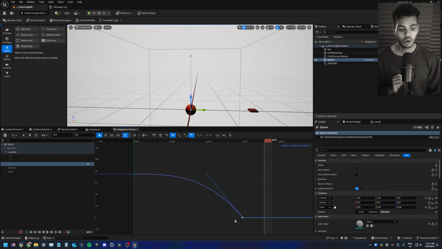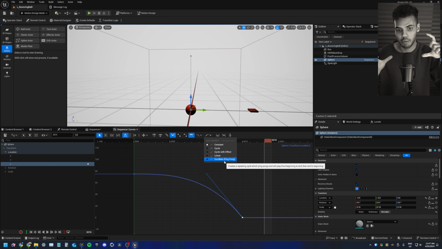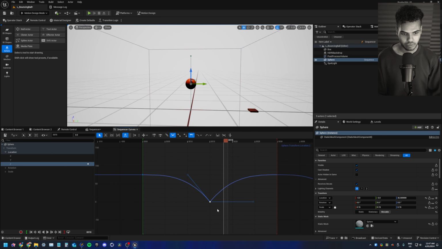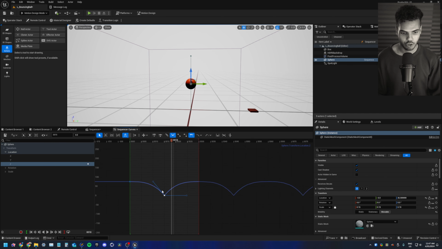So pretty much, what do we do after the last key? Do we do nothing? Do we make it keep going down? What we want to do is actually oscillate it, so ping pong. You could also do a cycle, but because we've only done half of the animation, we now want it to almost reverse it back. So that's kind of what a ping pong does, or an oscillate. So if I select this, you'll see now it bounces back up,